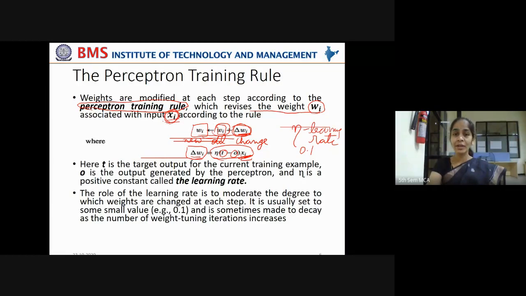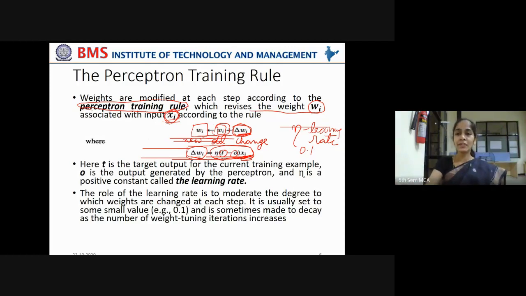If it is for x1, you are calculating this weight change for w1. If it is for x2, you are calculating this weight change for w2, like that. Now you know how to calculate this change. I'll give you a mathematical calculation in the next slide. Don't worry. You understood the formula, right?